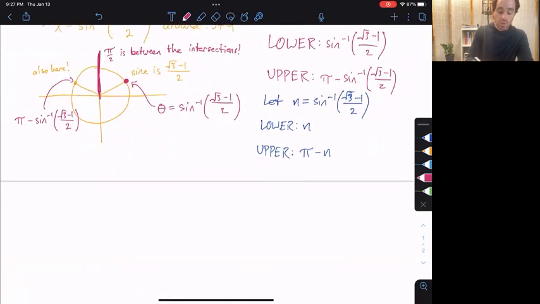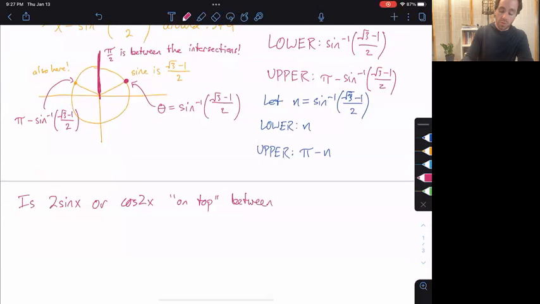So now we're trying to address the question of, is 2 sine of x or cosine of 2x on top between n and pi minus n? We know that pi over 2 is between them, and so I'm going to use that as a test point. So at x equals pi over 2,